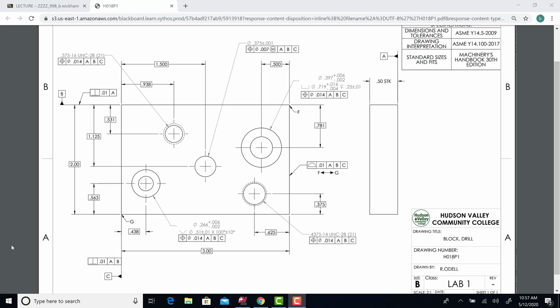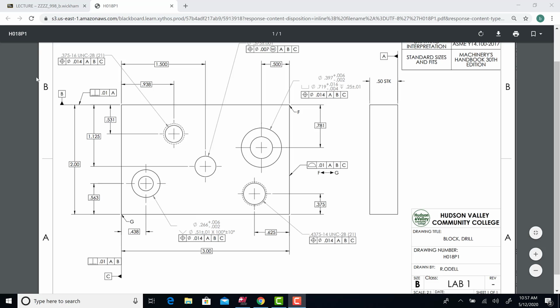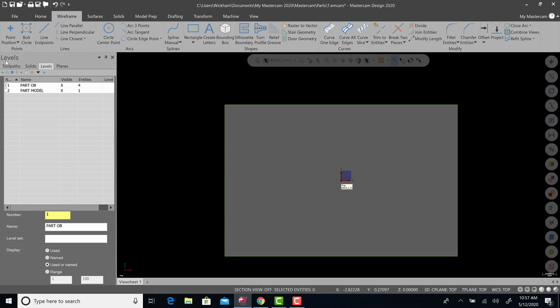All right, so this is where we're going to continue. We're going to work on creating some of these holes. So the first hole we're going to work on is the 3/8-16 hole in the upper left corner. So what we're going to do is go to Mastercam. We're going to create a new level, and that level will be called